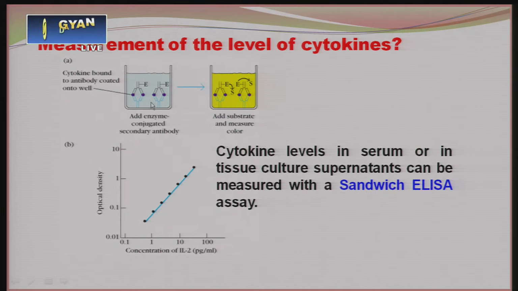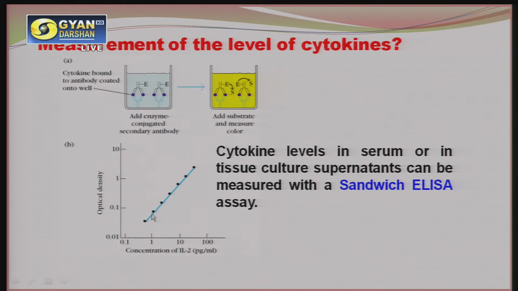You can see here the secondary antibodies, which are linked with the enzymes. If you add the substrate, ultimately color will develop. So we can measure it with colorimetry or ELISA readers, with the help of readings like optical absorbance. Here is the concentration of the interleukin in picogram per ml of your